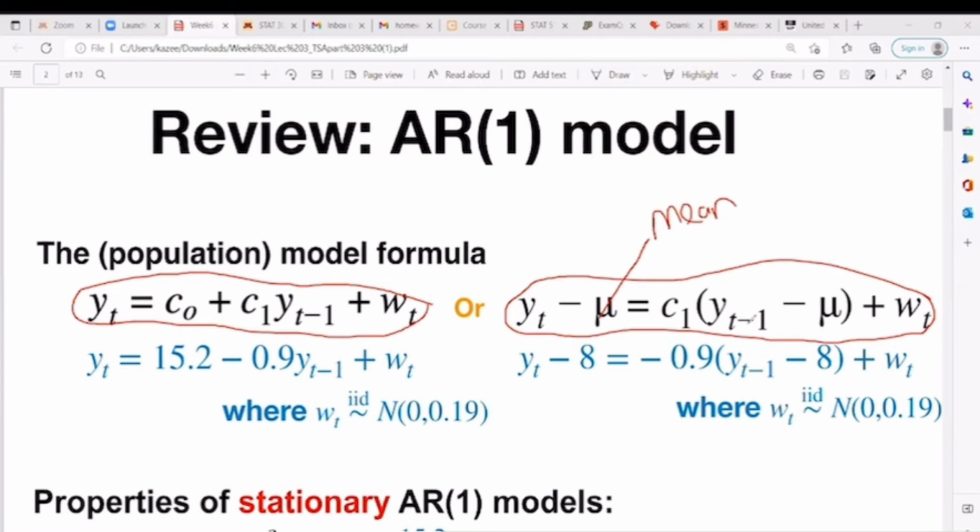We are subtracting the mean from the current value of the series, and we are also subtracting the mean from the immediate past value. C0 is the intercept. Every model has an intercept, and C1 here is the contribution of the immediate past to the current, and the W_t is what we